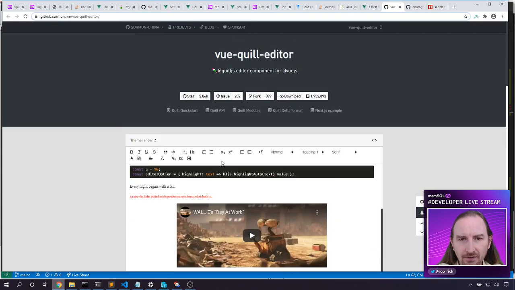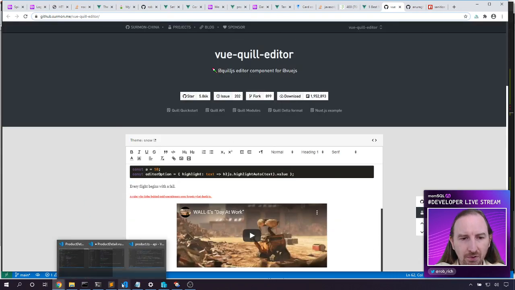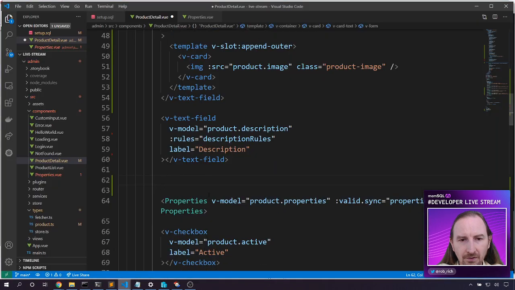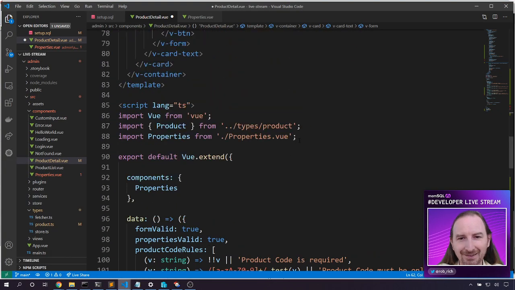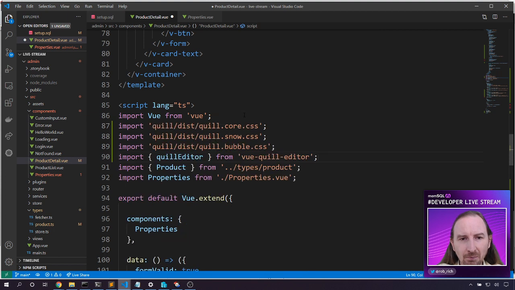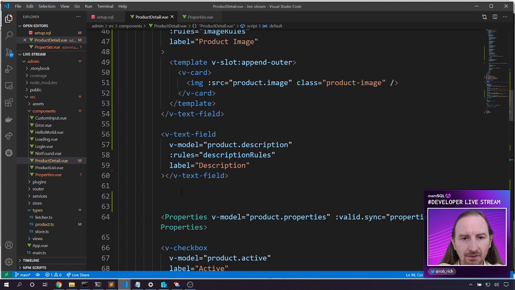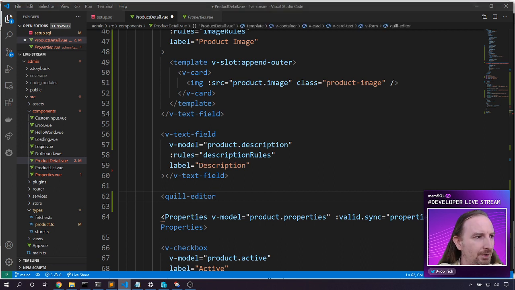in the docs on GitHub, it talks about how we need to pull it in. So first step is npm install it. That is done. Next, we need to import some CSS and the editor itself. We will want to export this as another component. And now when we're ready to do the editor, here we will have Quill Editor. Let me go find my notes, make sure I've got this in place. Yep, Quill Editor